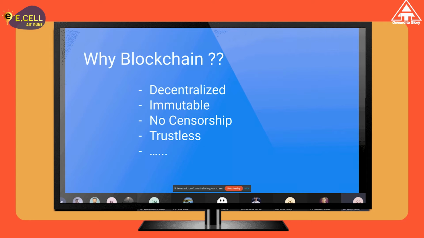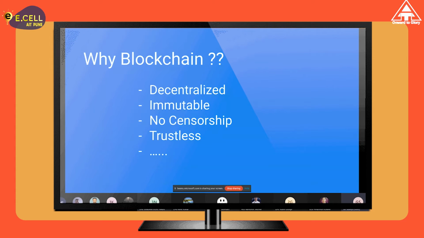We have immutability, because the data is distributed across all the systems in the network, and a transaction that happens is recorded in the blockchain. So you cannot practically update or change a transaction that has already been recorded in the chain. Similarly, hacking the database or the data is not possible because it's distributed across multiple systems. Gaining access to all the systems and changing the data is really difficult. So your data is immutable.